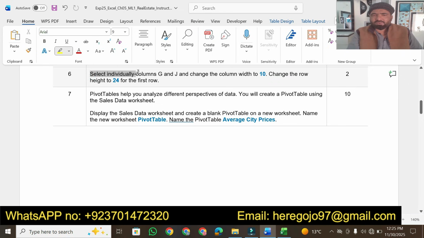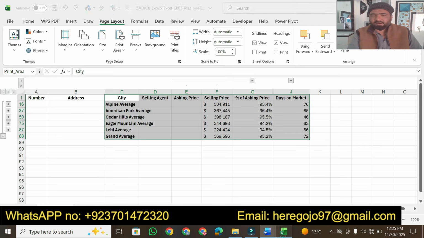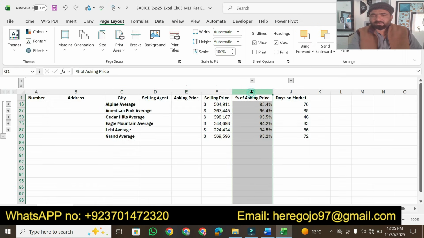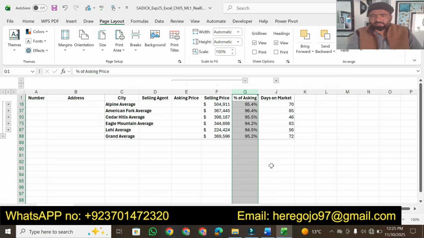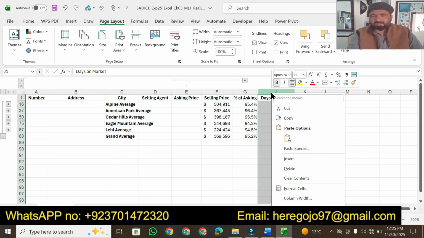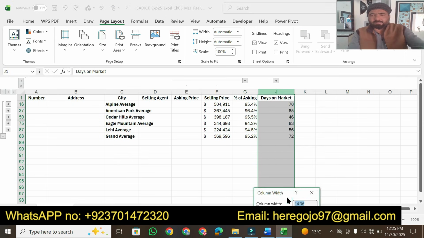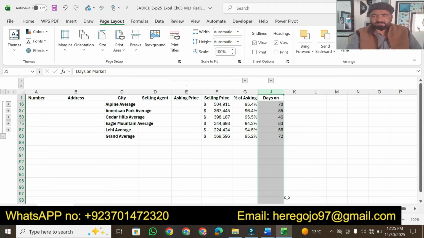Select individual column G and J, then change the column width to 10. Now we have to select column G here, right click, then Column Width, and here we put 10, press enter. Then again J, right click, Column Width, and there we put 10, press enter, and we get the result. Okay,